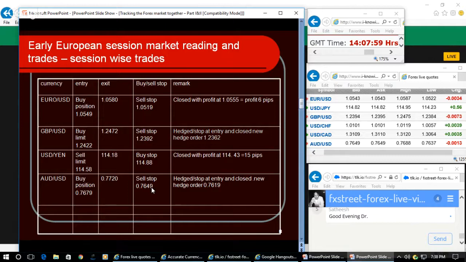All the time we may not be successful in closing the position. So in the event we might be hedged, and once it is hedged, then it came down to 76.37. I kept stop at entry there, and then subsequently they have gone up and closed the hedge. And I kept the new hedge order 76.19. I will trail the hedge order upward as they gain the level, and it was showing positive net change during